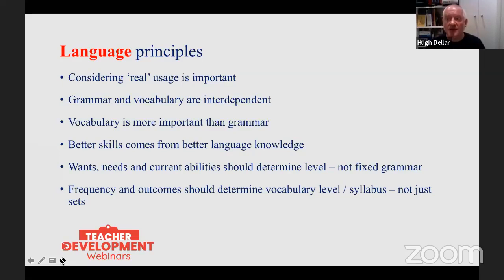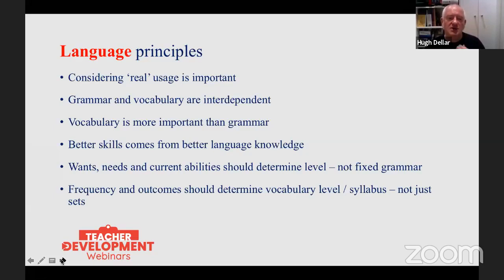When we're teaching grammar, we should be showing students normal, common, typical examples of what that grammar is used to do in everyday life. Ultimately, I think, particularly at intermediate and above, vocabulary is more important than grammar. You cover most of the grammar you need quite early on. I think better skills, any skills, digital skills, critical thinking skills, listening skills, speaking skills, whatever, those skills get better as you learn more language. You want to learn to listen better, learn more language. You want better 21st century skills, learn more language.